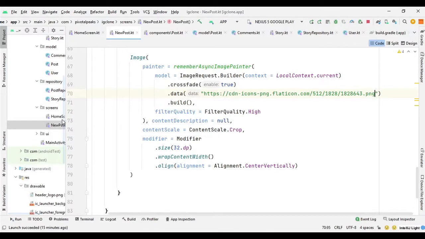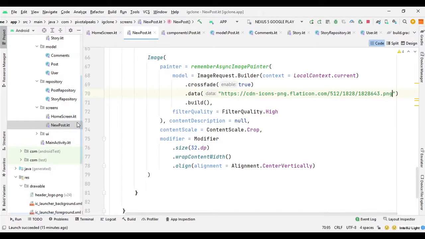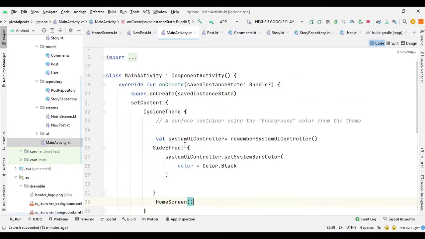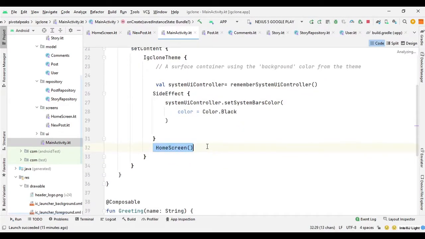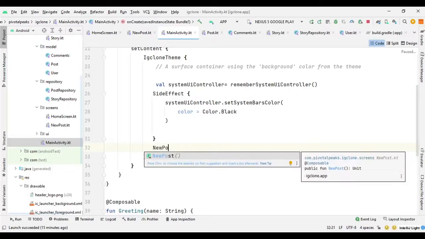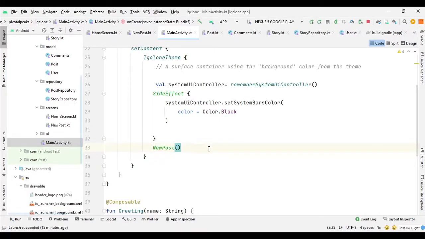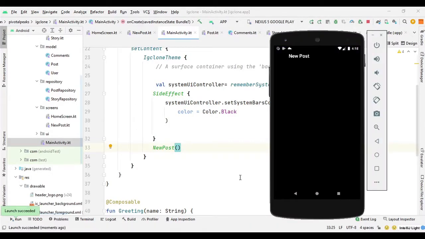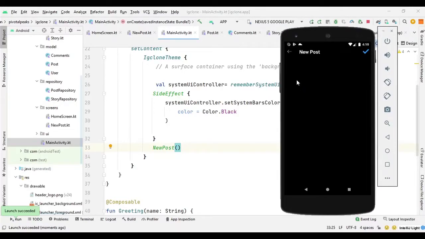Because we don't have a navigation yet, I am just going to go to main activity and remove this home screen and I will call new post for now to render the new post screen. So let's run it and see. So you can see that we have got our app bar with new post and this tick mark icon and the back button.